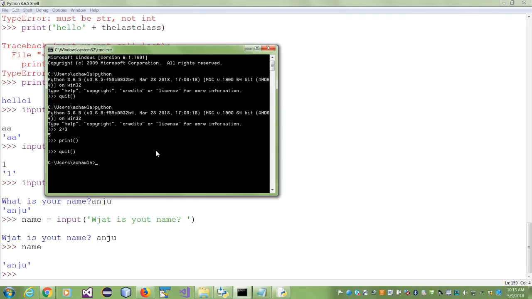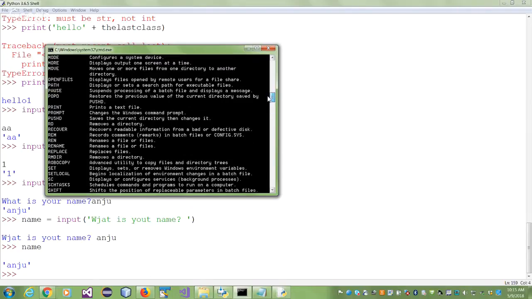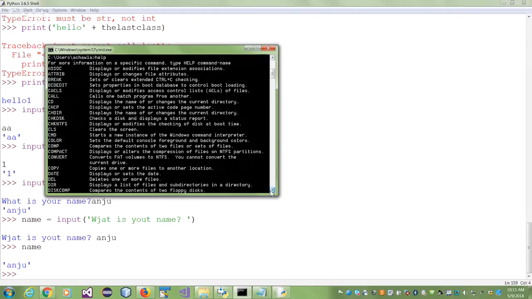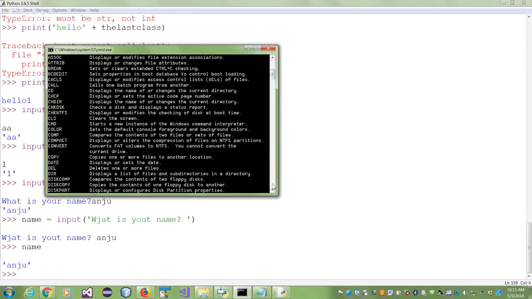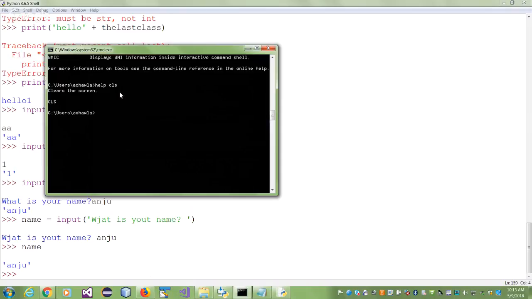Anytime you need help, I think you go help, I forget what. Yeah, see here. So anytime you need help, you can go help, and here are the commands. It says, what do you need help on? Do you need help on the break statement? Do you need help on the call statement? Do you need help on clearing the screen? I know what CLS is. We all know what CLS is, clear screen. But if you don't, you can say help me on CLS. It clears the screen. So try CLS here. The screen is cleared.